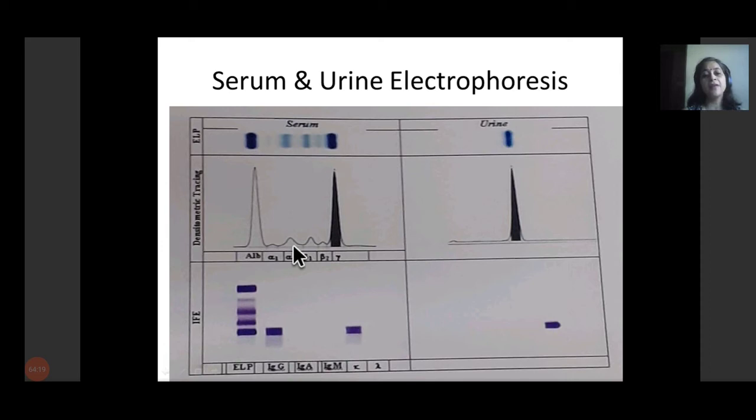In between, we have alpha 1, alpha 2 globulins, beta 1 and beta 2 microglobulins. And here is the urine, where the urine application of the patient again results in the M protein, which is never a normal finding in the urine. Now, this is the electrophoresis with immunofixation,